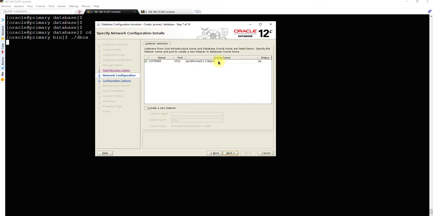In a normal environment where you store your data files in the file system, not in ASM, you will see the difference being that the listener runs from the Oracle database software home. That is a small difference, but it needs to be clear in your mind. Okay, and for that reason the listener is up, you can see it here, the port is 1521 and it is running from the Oracle home, which is the ASM home. That's what the environment variable is, okay.